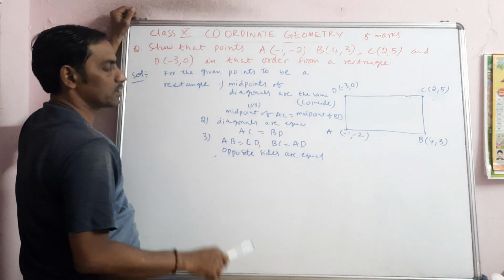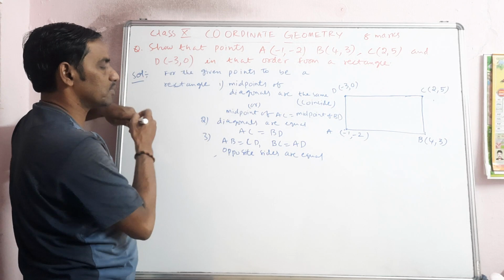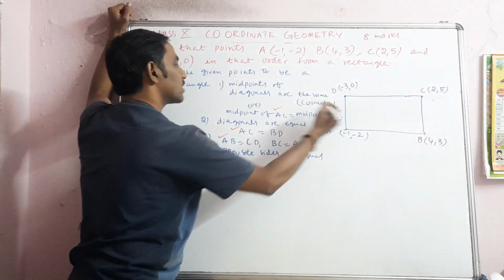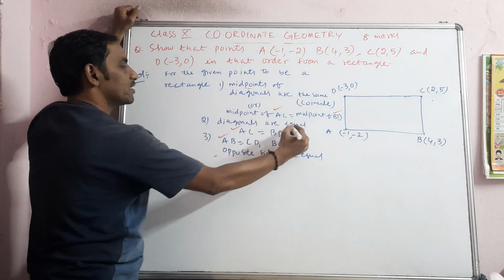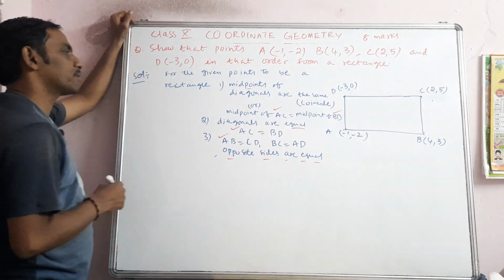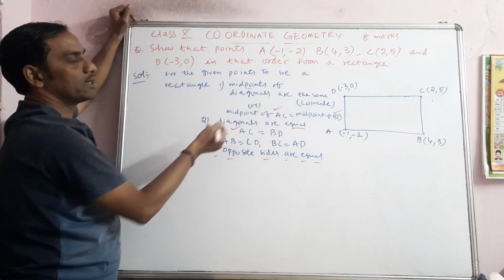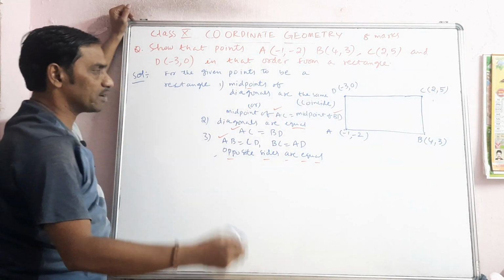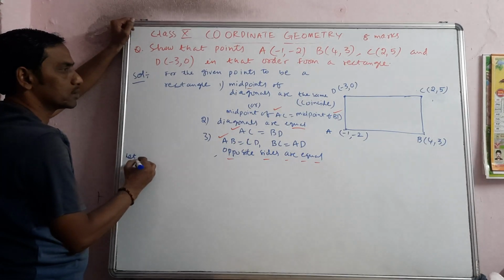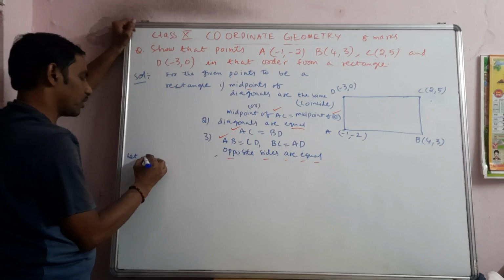Okay, I am stressing by using alphabetical orders and symbols, and I am writing the theoretical also. Diagonals are equal, this is theory. Opposite sides are equal, this is the theoretical part. So both ways you can write, and you can take like this. Let the given points be, for example,